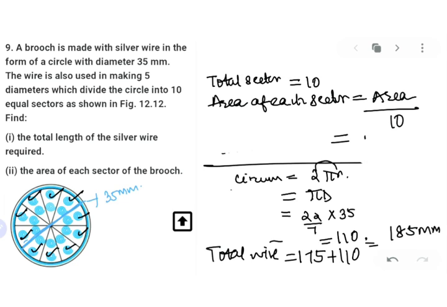I guess you will get 1925 upon 2, and you have to divide by 10. Am I correct with this? Yes. So we know the formula for the total area of a circle, pi r squared. So you have pi, you have radius: the diameter is 35, half of it gives you the radius. So you have radius also, pi also. You put in, get the value of area and divide by 10. So that will be the area of each sector. Is that point clear?